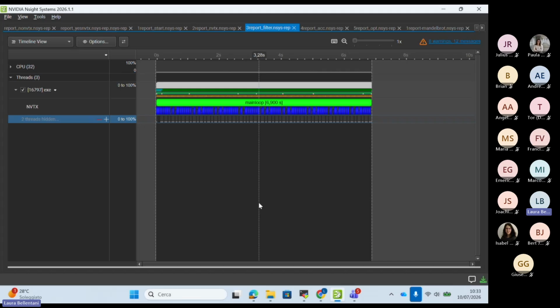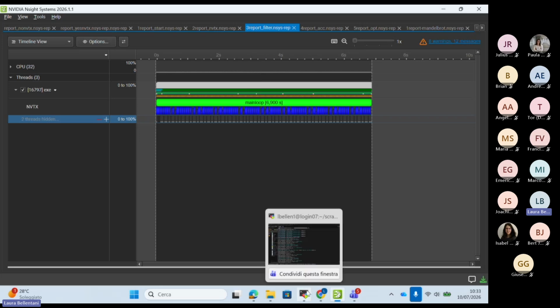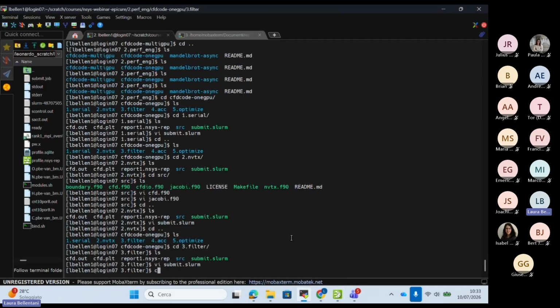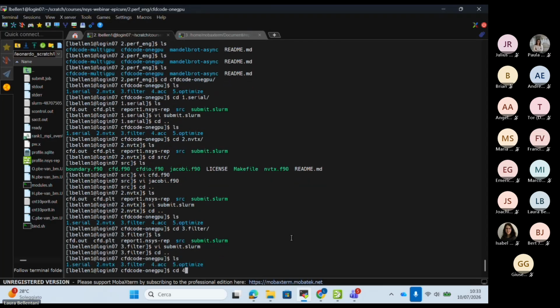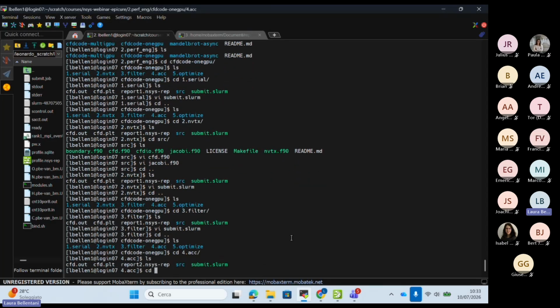So you can just add NVTX ranges and then filter the program execution in order to measure only that portion of the code without changing the input system or any other characteristics of your code.